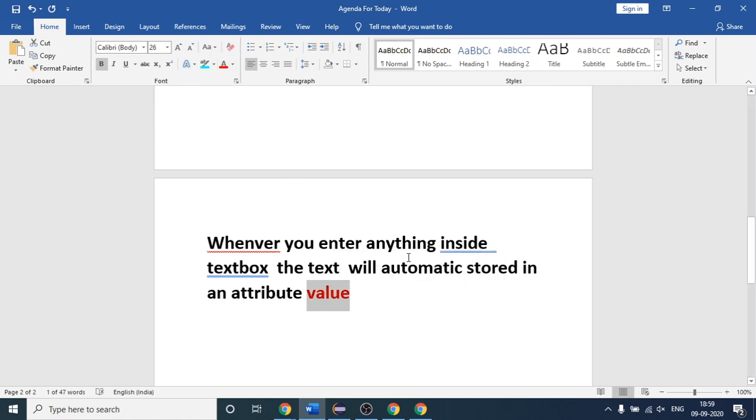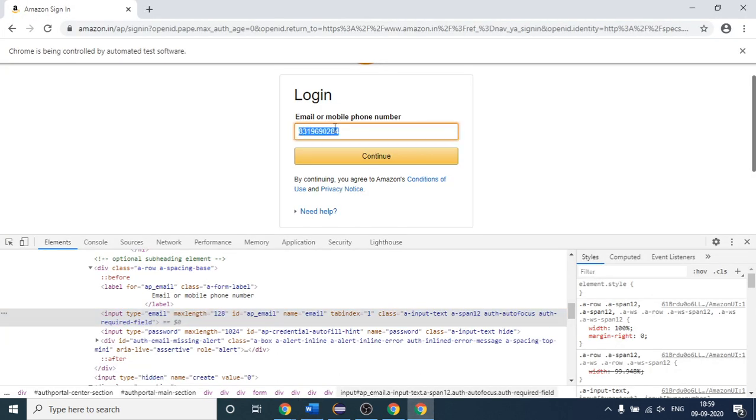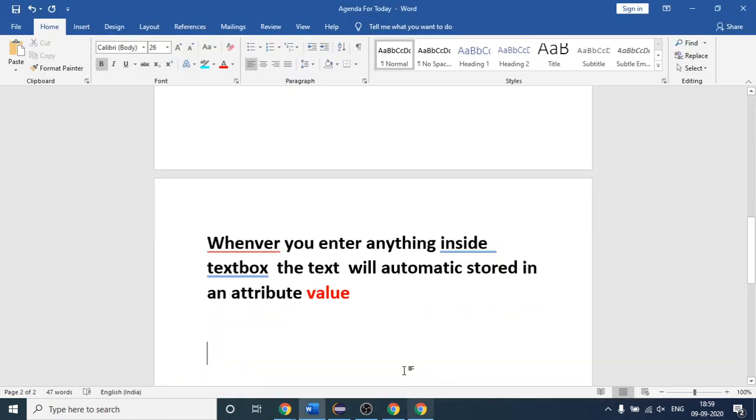Suppose you have written 1 2 3 4, then 1 2 3 4 will be cached by this attribute, value. If I have written 2 3 4 here, then that 2 3 4 value will come inside this value attribute.